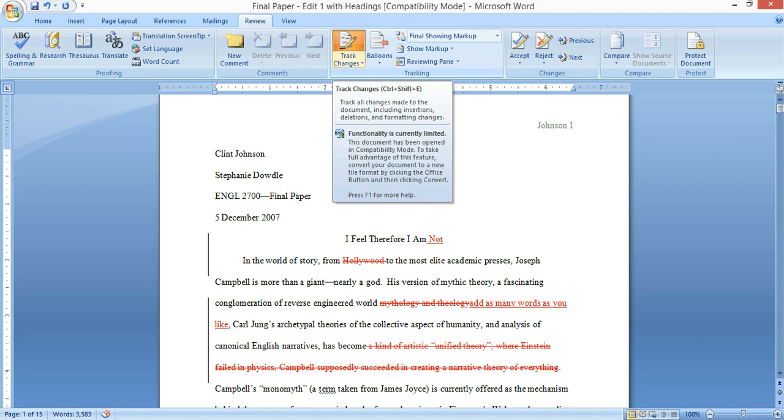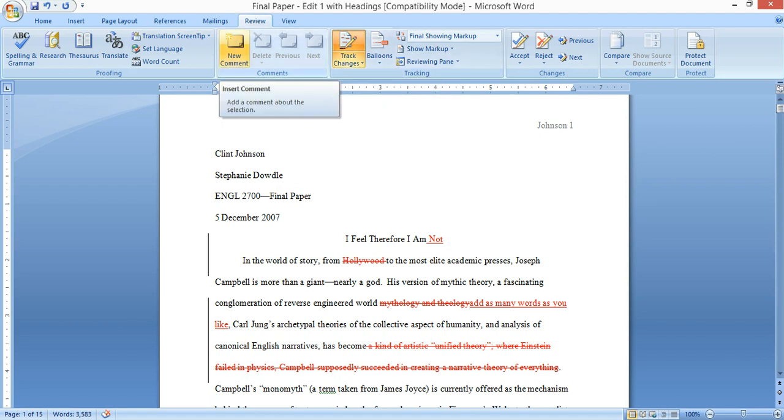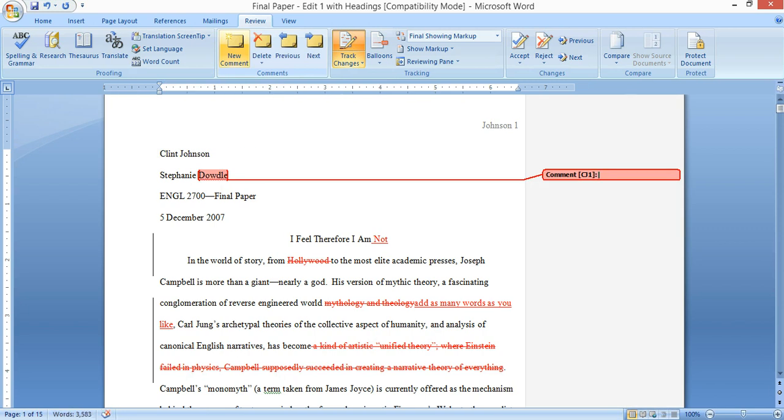Okay, the next thing that I want to show you is comments. We're going to use this a lot when we give comments to other people on their writing. The comment function is right here. You see this little icon that looks like a file folder and it says New Comment. Whenever you click that, it will allow you to write a comment on somebody's paper. So, say I wanted to make a comment about this last name. See that it will create this area on the right side of the page and it will allow you to write notes about the area highlighted in red. The reader will be able to see the comment and read it and can tell that this comment is associated with this highlight. Okay? If I do a second comment, say that I wanted to make a comment about this title,